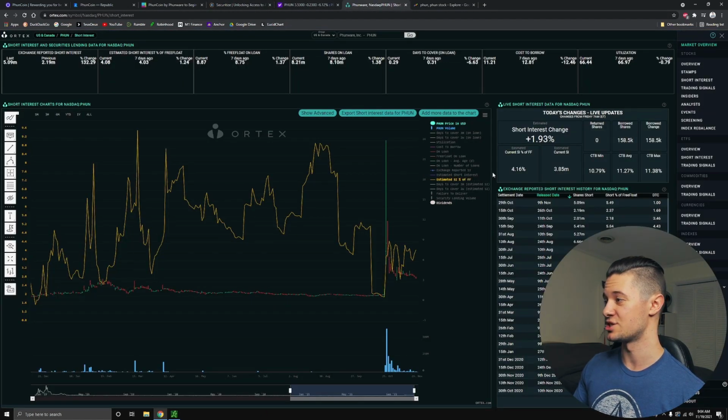Now, for Phun stock, PHUN, we'll have to see if they can get a little bit of upwards momentum. But for those of you who are wondering about a short squeeze, it doesn't look too likely. I mean, there's a very low amount of shorted shares, only 3.85 million. And as a percentage of the free float, 4.16% is short. So not very high, a 66% utilization. So also not very high there. It's somewhat high, but not very high. Obviously, maybe some shorts will want to consider covering, but all in all, it's not the highest amount of shares. I wouldn't consider this a real short squeeze candidate, just for those of you who are wondering.